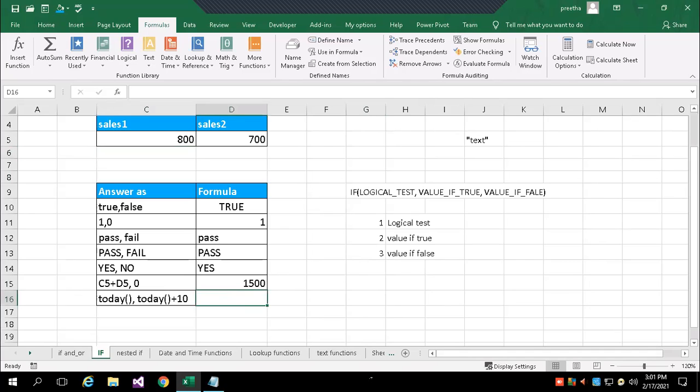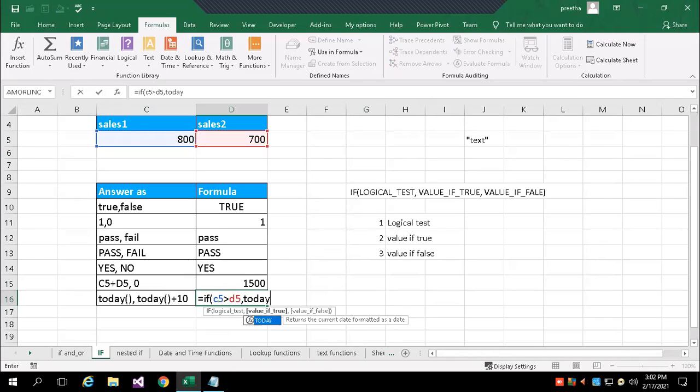Now I wanted to work with date. Okay, so if C5 greater than D5, value if true, I wanted to get system date, today's date. So TODAY is a function which gives system date.